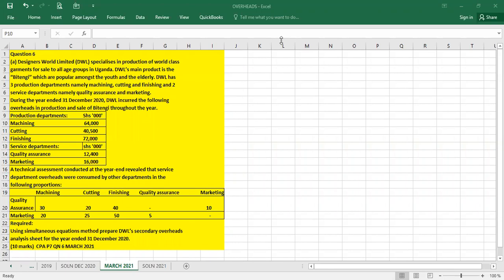Today we are going to continue our series on overheads, and we've picked question 6, March 2021. It is the CPA question paper, paper 7. We are going to be doing secondary apportionment since we finished the primary apportionments. So the question says,